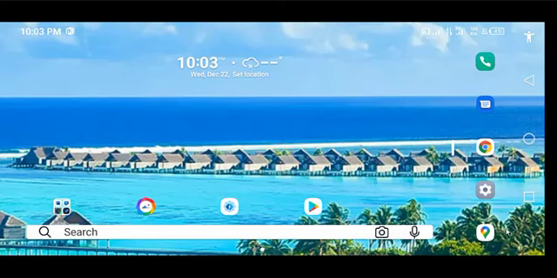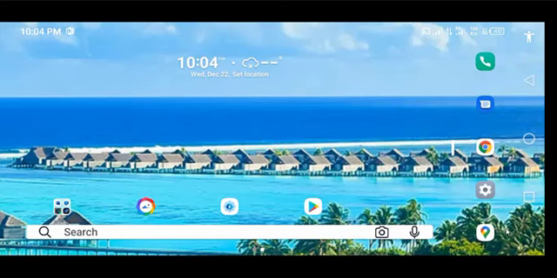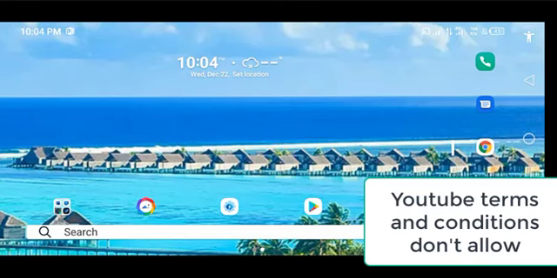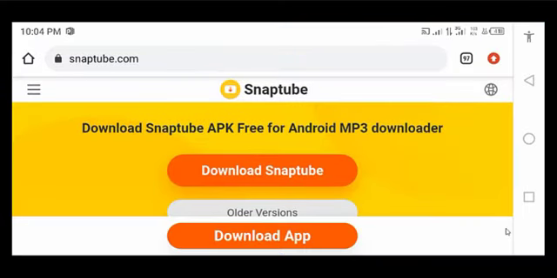So what's SnapTube? It's a video downloader APK specifically for Android, which you can use to download your YouTube videos. However, it's not found on Google Play, of course, because you are downloading YouTube videos, they can't be hosted there. And thus, we need to access it via the browser. So to do that, we need to go to the browser, depending on which is your favorite one, and you type